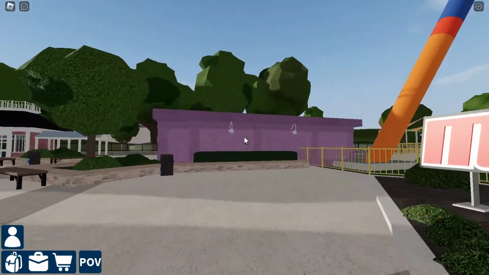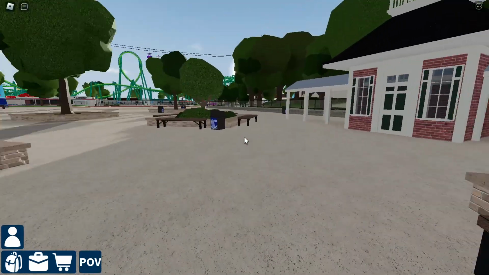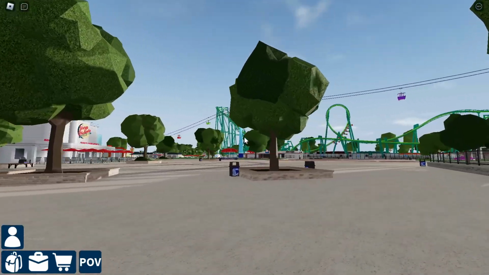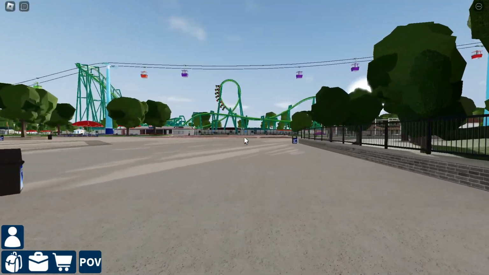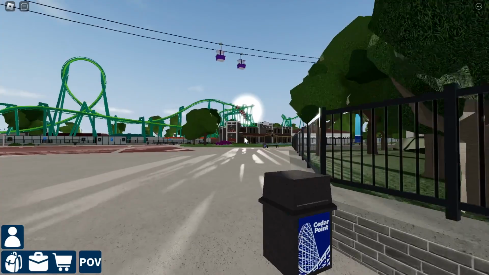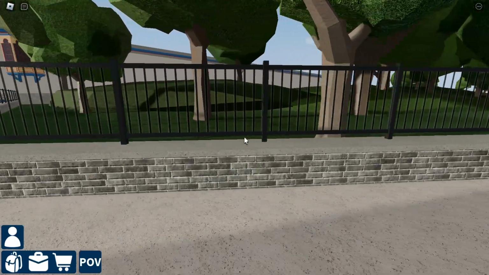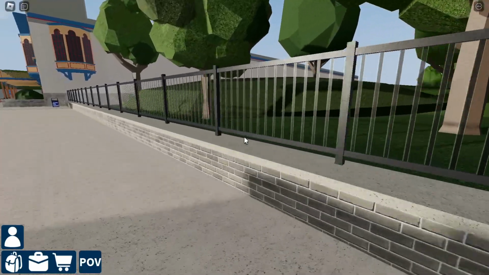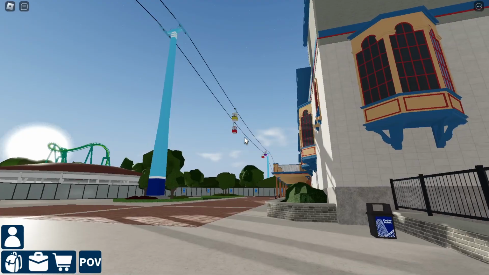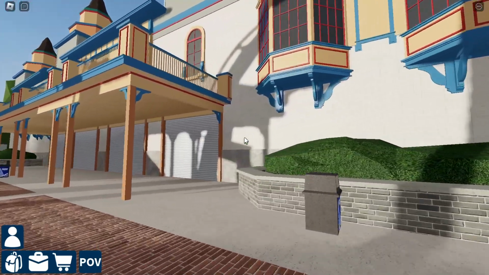So over here is this purple building. I'm unsure what it's used for in real life, and I do not know what this is used for in real life either. But as you can see, we are getting towards the end of the park here. There's just a bunch of foliage there, which is supposed to be the boardwalk, but obviously since this place is under development quite heavily, it isn't. I believe that this is the Planet...